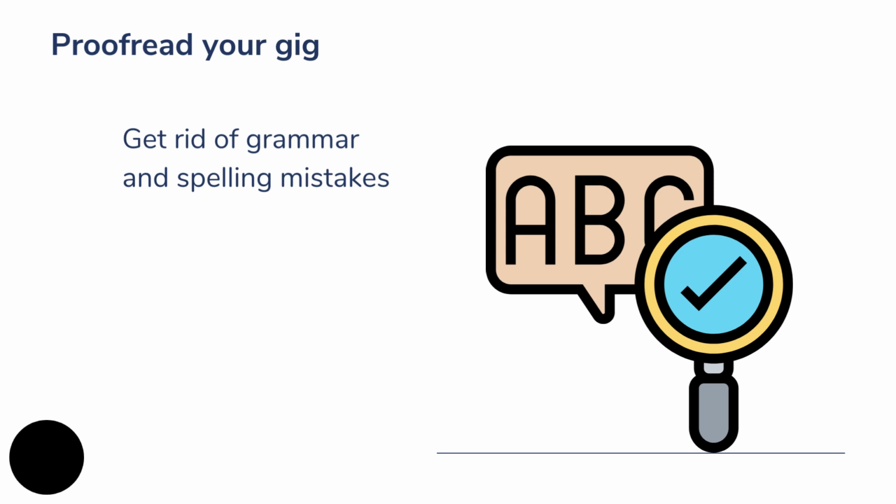So when you present a gig that is professionally done and has no grammar mistakes, you'll look like a professional, and many buyers will be attracted to your gig. That's how you will be able to make more impressions and clicks on your gigs. So I think that is all. If you follow the steps, you should be able to